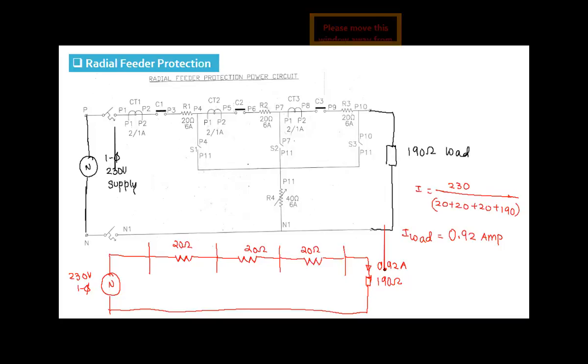Okay. Then we also have to calculate fault current for different faults. That is required for TMS. For plug setting it is not required, but for TMS it is required. So together we will calculate it right now. Okay, or we can also calculate later on. Okay, let us calculate fault current afterwards for TMS. Okay, now, so everyone, I hope you got the answer is 0.92 ampere. Okay, then here are the relays.